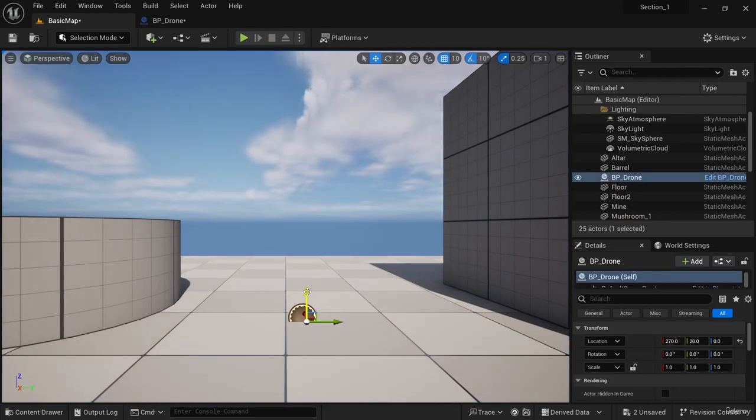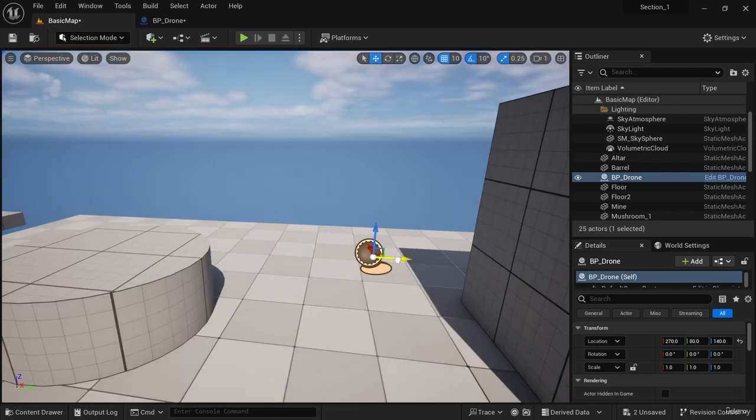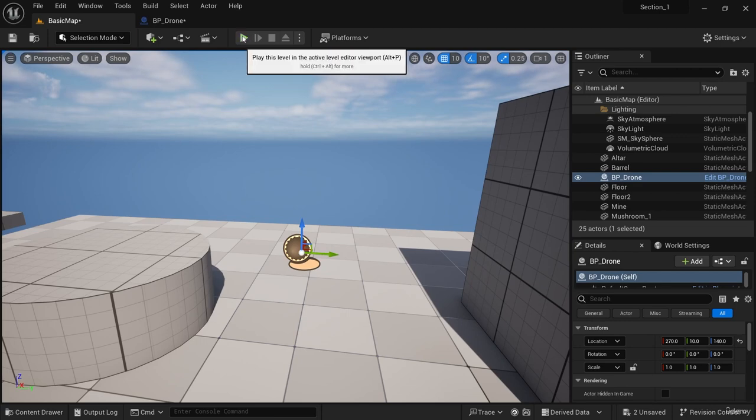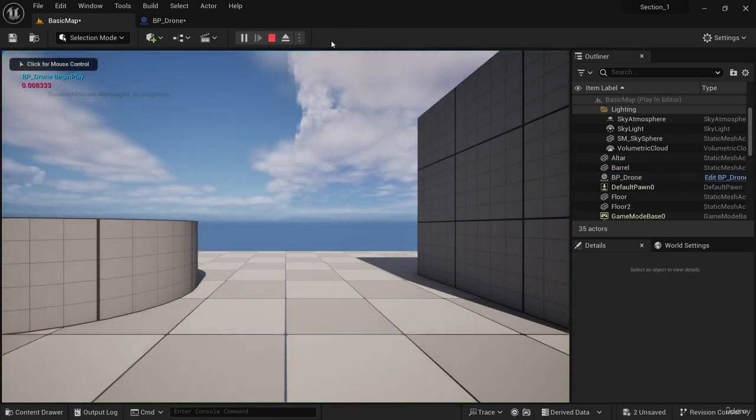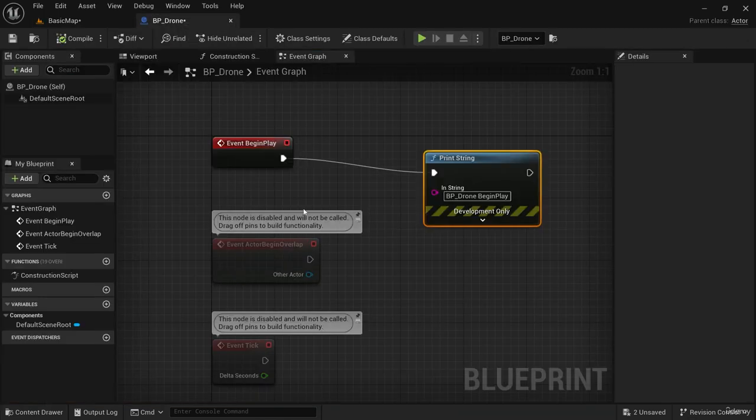Now we can click and drag the gizmo as I have my movement mode enabled, and I can change the position of this object, but the object itself doesn't have any visual representation. There's no mesh for it, as that has to be added to our BP drone blueprint. So how do we actually add a mesh to our blueprint? Well, that's going to involve the concept of